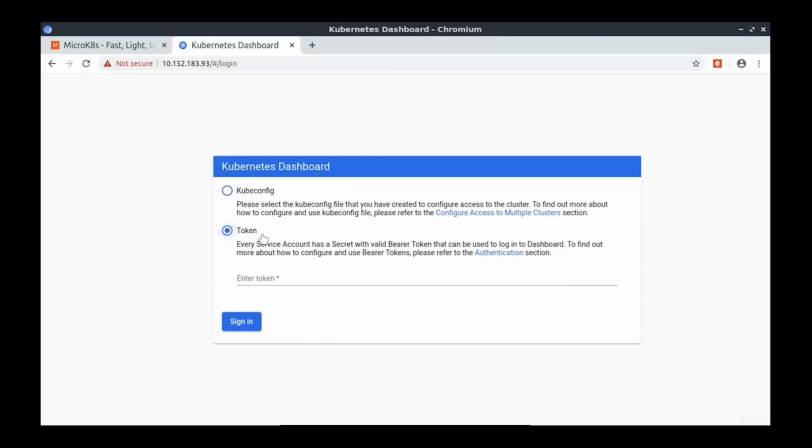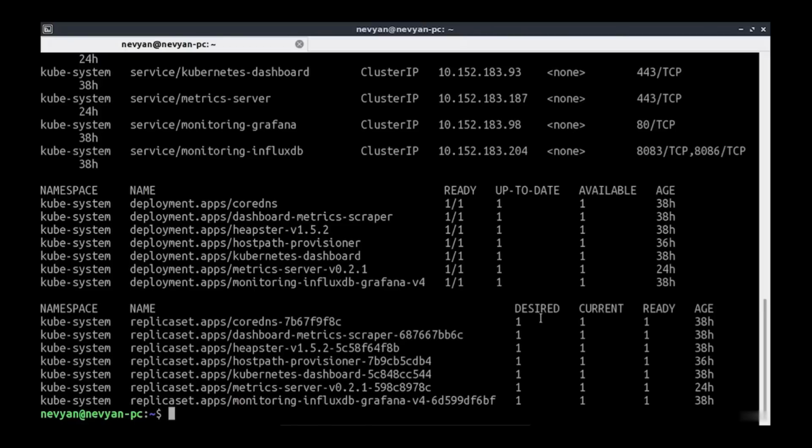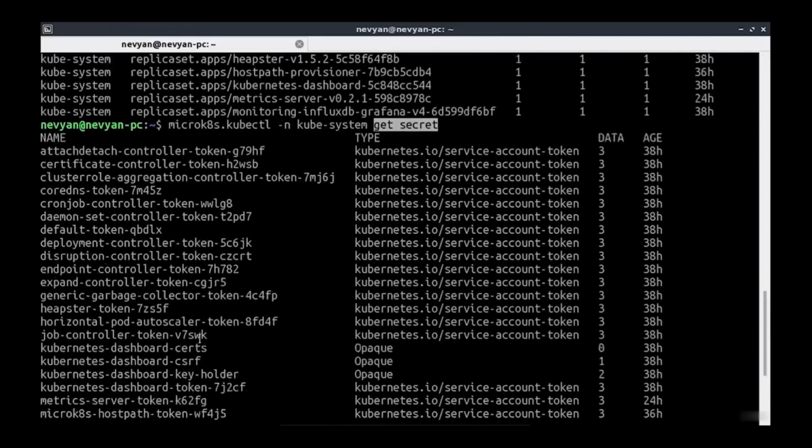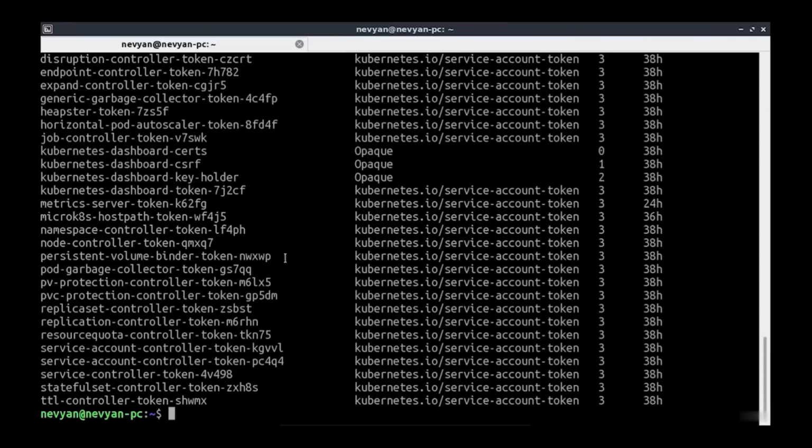Here, we will choose to log in via token. Let's see how we can get this token. Okay, we'll use the following command, kubectl with the namespace of kube-system. Let's get all the secrets. This will give all the secrets for our different services. We see here the controller token. So here we'll see the Kubernetes dashboard token, and we would like to get the token for this service. We'll use the same command here, but instead of get secret, we will type describe secrets,